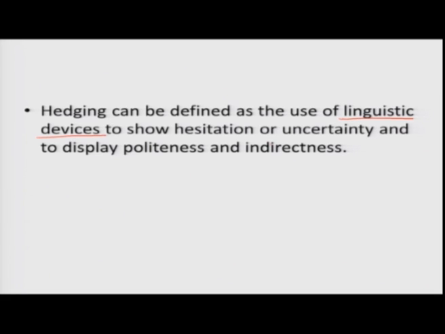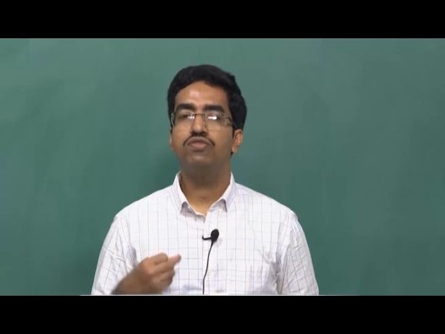Now you might think, okay, in an academic context I have done research, following all the protocols, all the conventions in my field of study. It has been a quite rigorous experiment. I have got now the results. Then why do I need to be cautious about the claims I make? Why do I need to be polite about what I am saying? Why can't I say something with full force? This is a common question many people